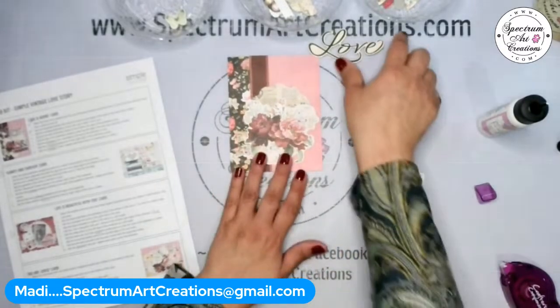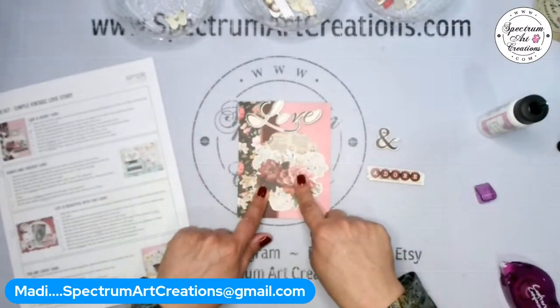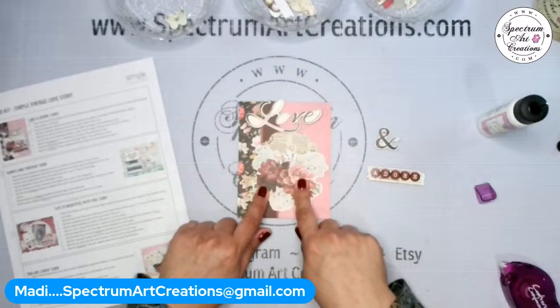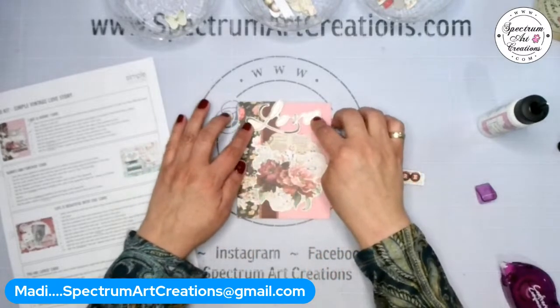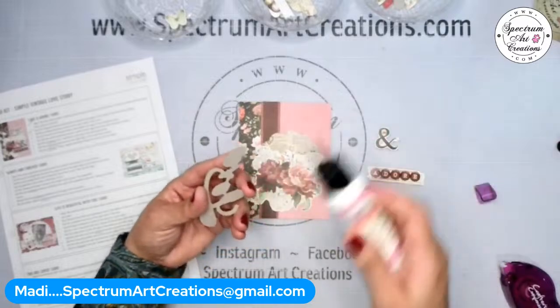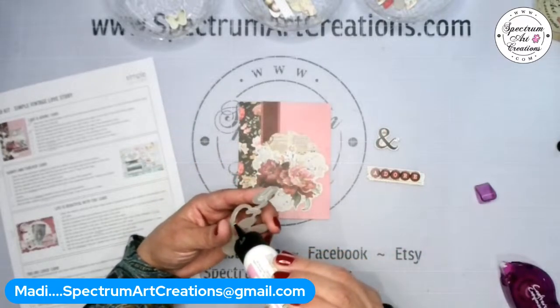And then we're going to bring the love chipboard. Anytime you want to pop anything on Pop Dots, by the way, go for it and make it dimensional. Like this piece right here, the flowers would have been gorgeous dimensional. Or this love up here, right? So we're going to glue this down. Oh, I could have used my...